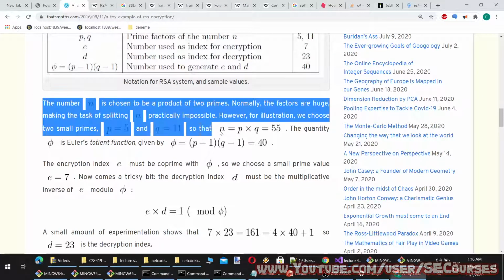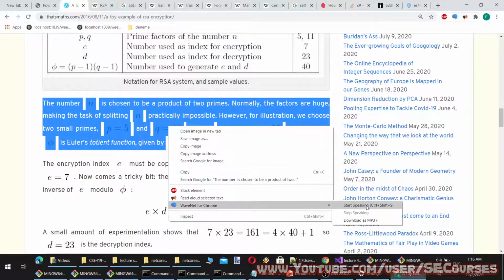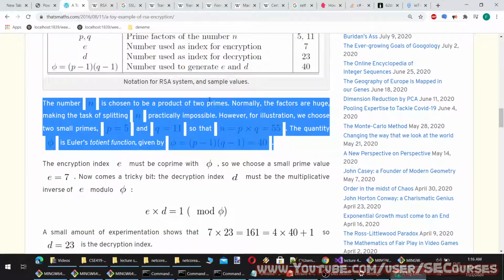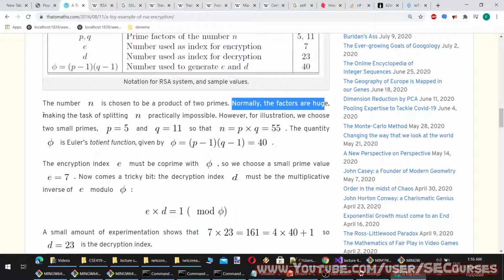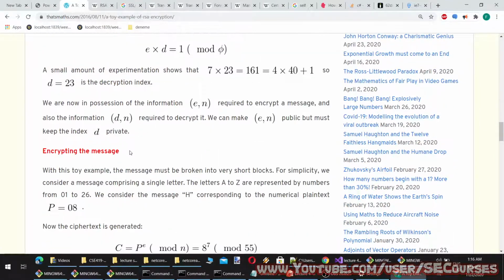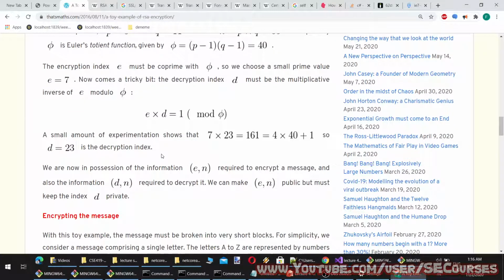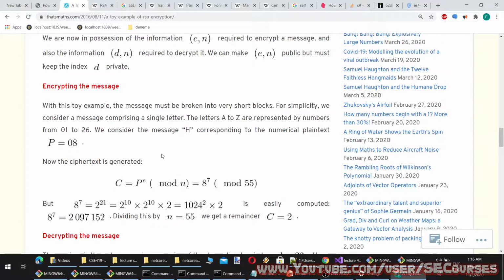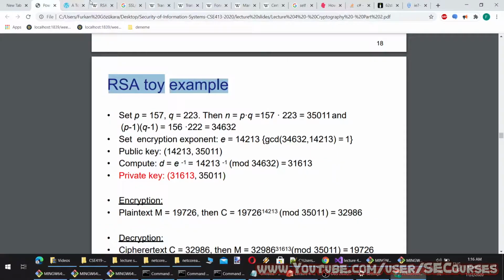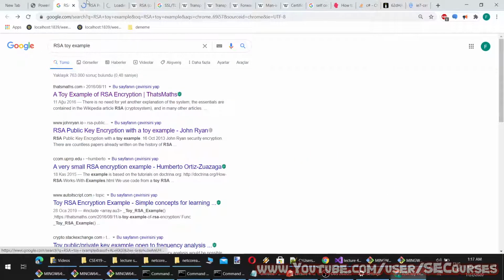Let's read it. The number is chosen to be a product of two primes. Normally, the factors are huge, making the task of splitting practically impossible. However, for illustration, we choose two small primes, and so the quantity is Euler's totient function, given by